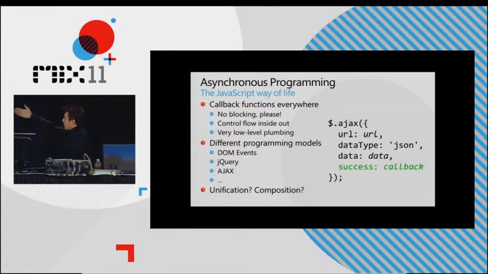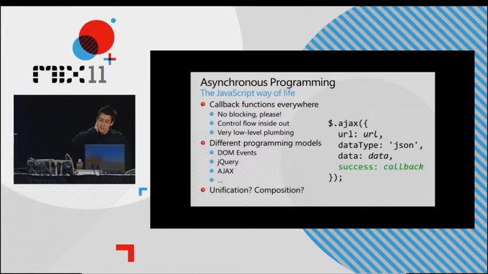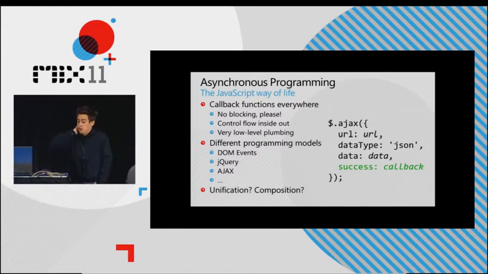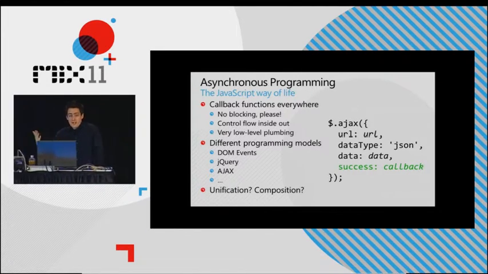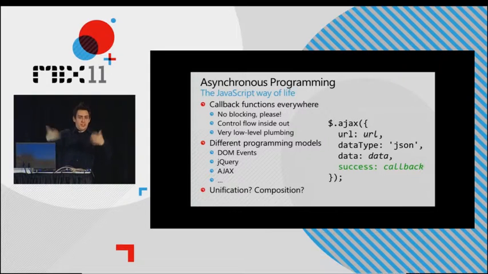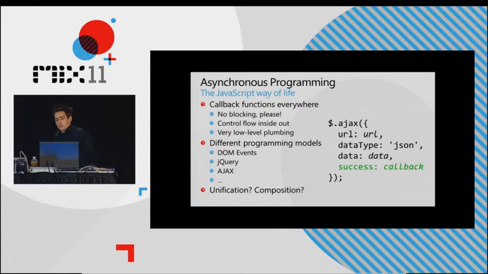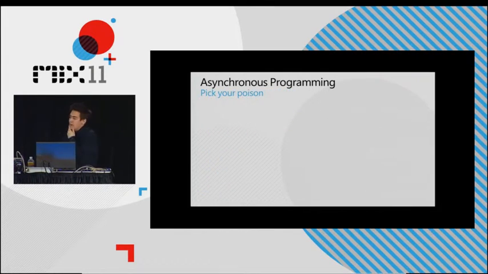In order to deal with this particular AJAX request, you better know that you need to pass in some JSON object, and the callback is now called success. Now, in some other place, the callback might be called something else, because the API chose that's a more sexy name. So essentially, you don't have much unification in that world. So what we do is actually unify that, but before I go there, let's show two concrete samples